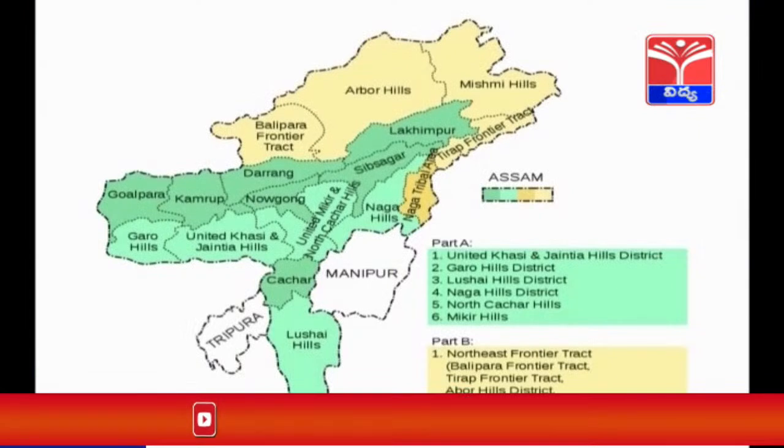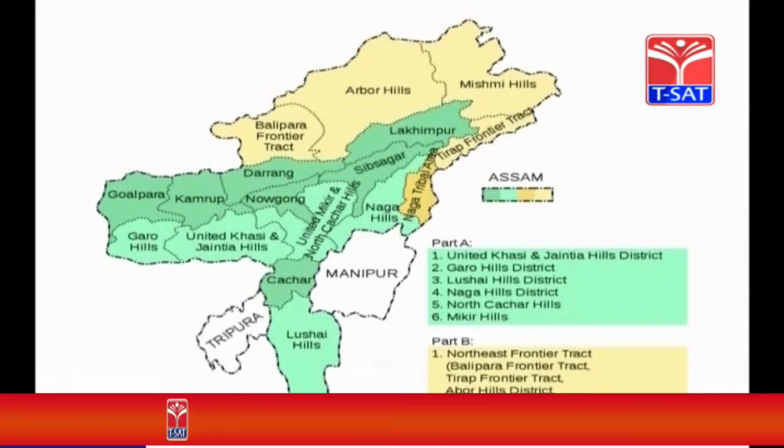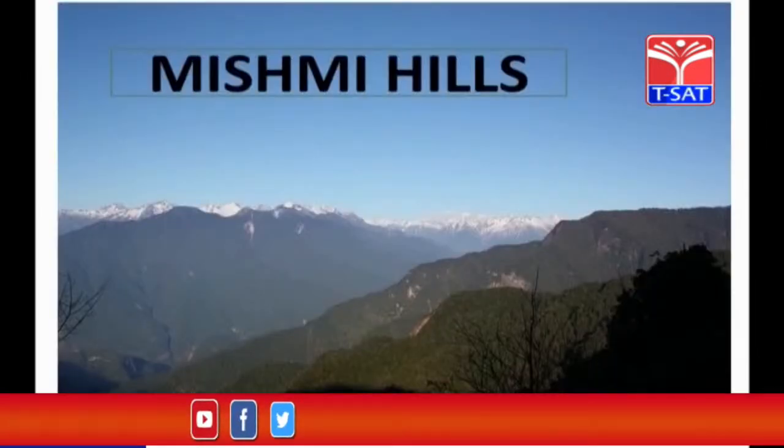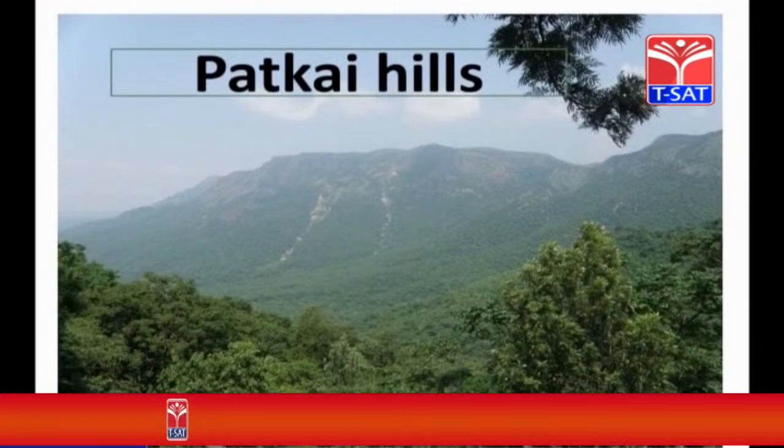You can see this one. What are the hills located in this region? The Purvanchal Hills. Observe the map. Assam, Arunachal Pradesh, Manipur, Nagaland. These all the states are having these types of hills. This is the picturesque view of Mishmi Hills, Patkai Hills,